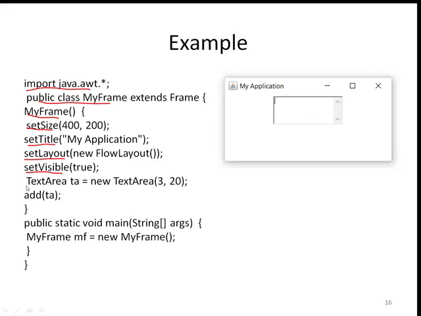And now we have created an object of the text area. In this TextArea constructor I have specified the number of rows and columns. So here row means height of the text area and column means width of the text area. So this is the height and this is the width of the text area. And add this text area object to the frame. So now when I execute the program, this will be the output. So we can enter any text. Now we'll move to the next slide.